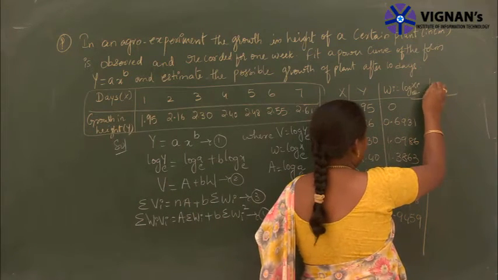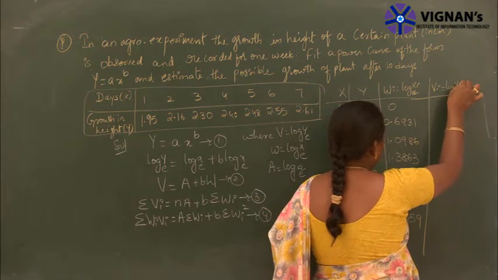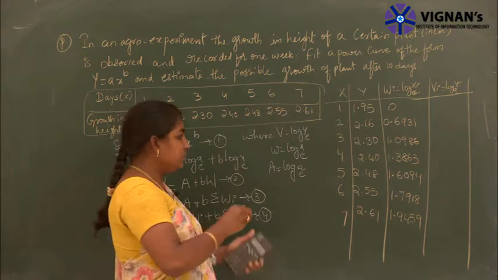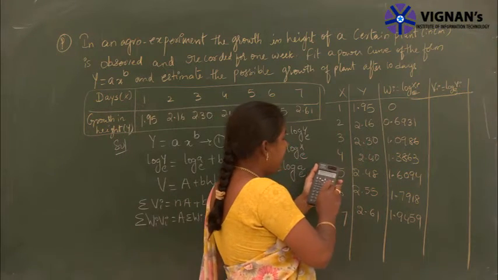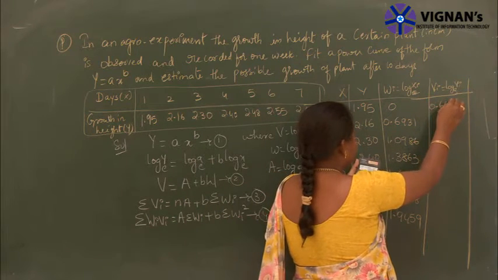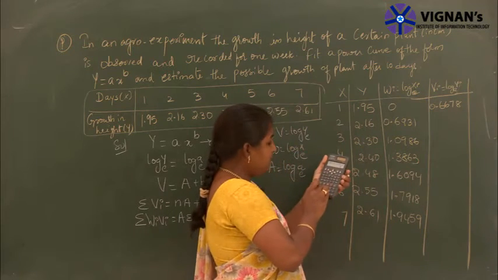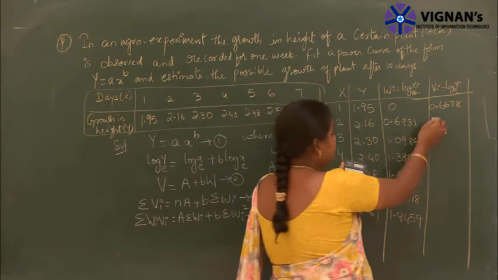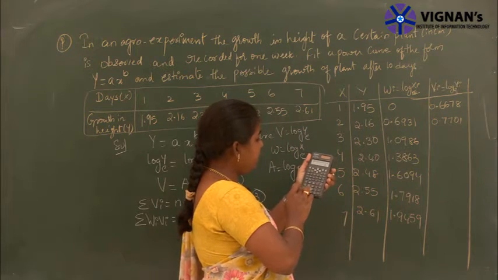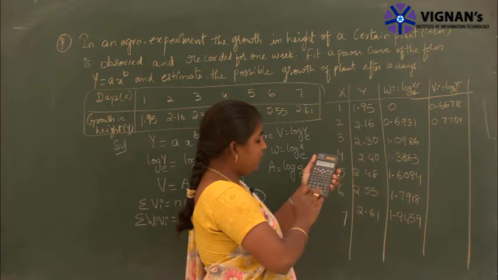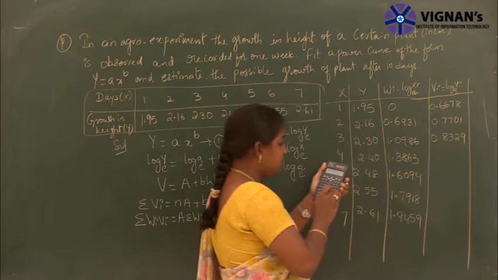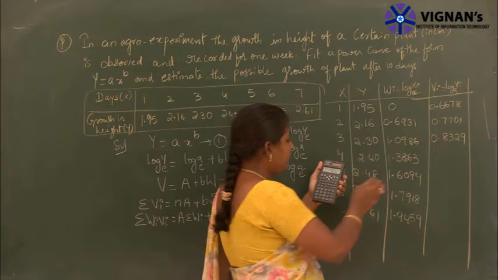vi means we are finding log yi base e. Base e means we are using ln. So now we are finding, using the y values, ln 1.95, that value equals 0.6678. ln 2.16 equals 0.7701. Next, ln 2.30 equals 0.8329. Next, ln 2.40